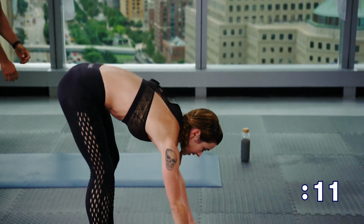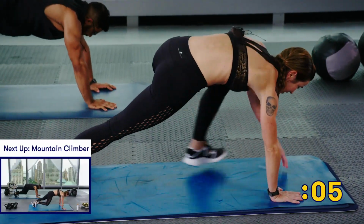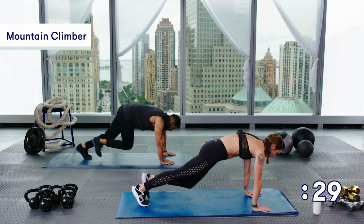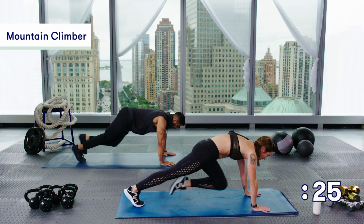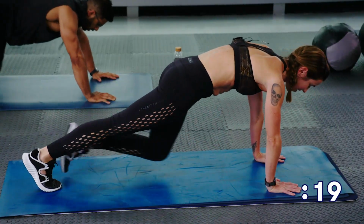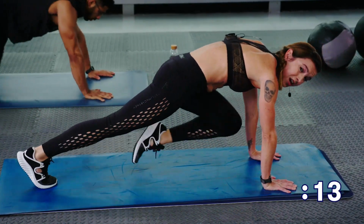Let's squeeze in one more rep before we go into those mountain climbers, which is your last move of the warm-up. Here we go, and mountain climbers. Once again, if you want to take this up a little bit more, feel free to start running it out. Or you're right here. One knee at a time into your chest, really thinking about getting your shoulders directly over